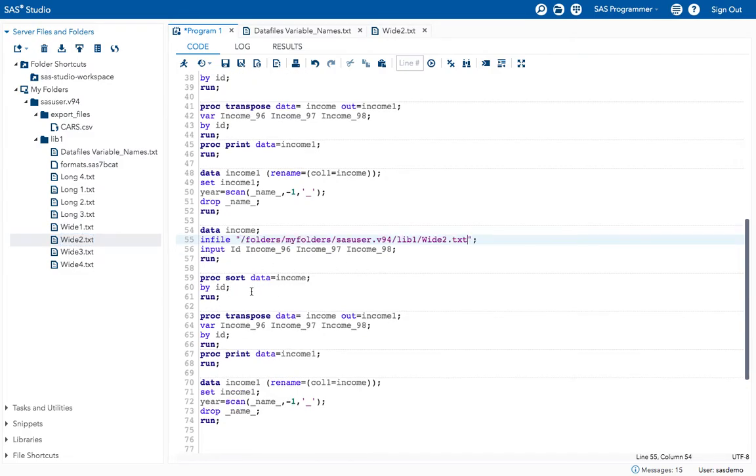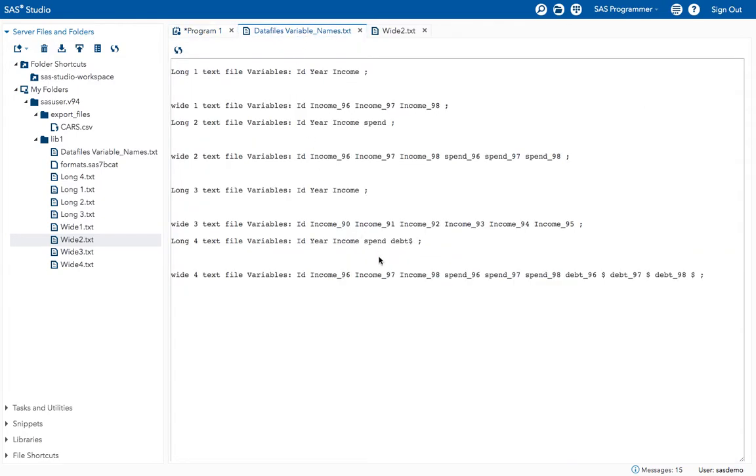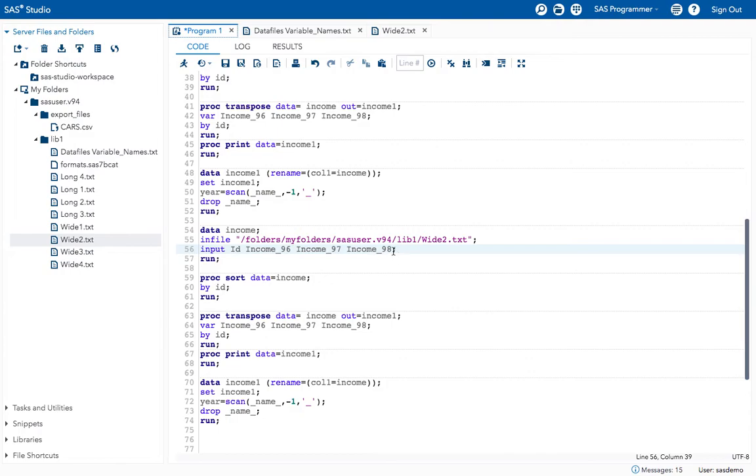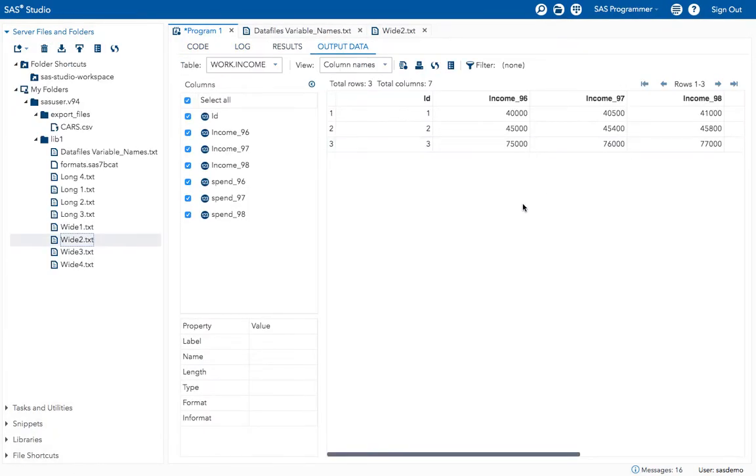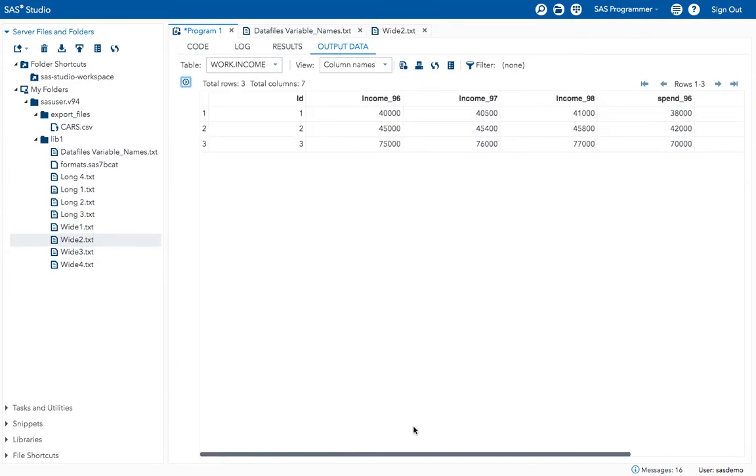Now give the variable names that you want to convert into the data values. In the where statement we give all the variable names that we want to be converted, but here I am creating a data set, so I just gave all the data variable names in the input statement. Now I will create a data set with these variables. Here I have created the data set with all income and spend variables.